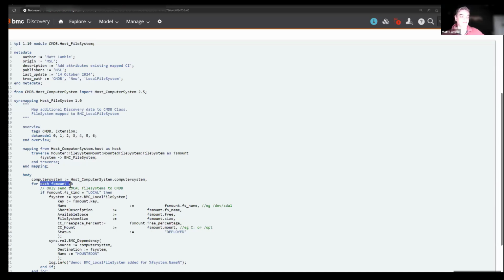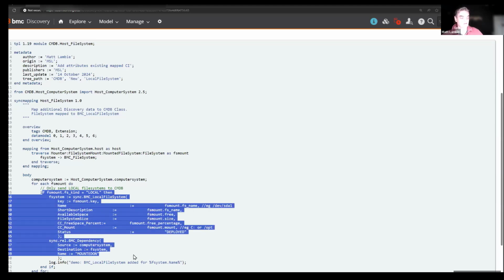And then for every file system mount that we find, if it's local, so I don't want to do remote file systems, you could double this section and say if local, then create a local file system. And I believe there's a remote file system CI class in the CMDB. This is just to show the concept. If it's local, create a file system node with these attributes and create the relationship back to the computer